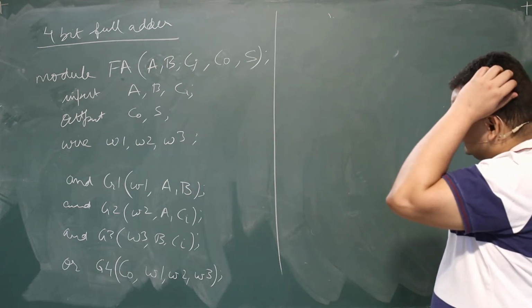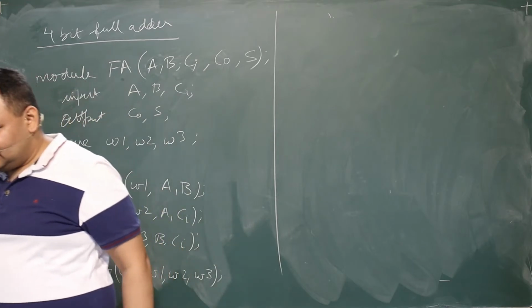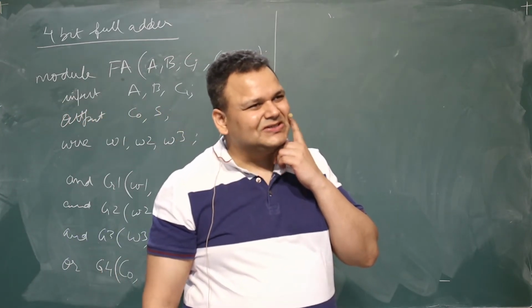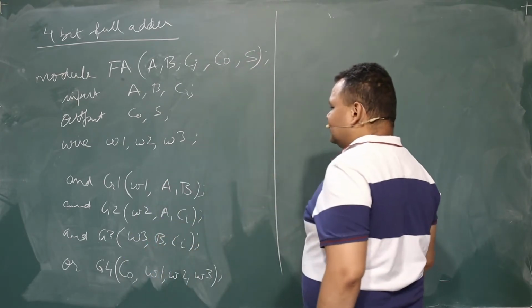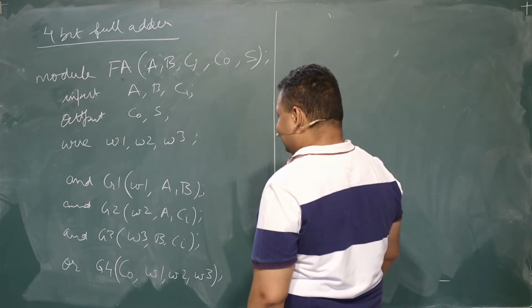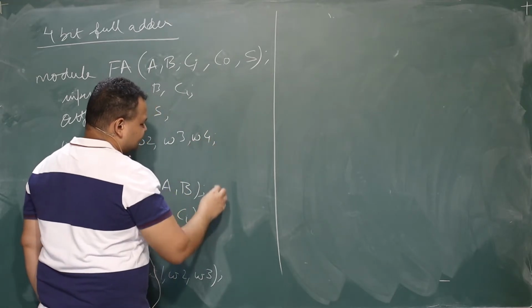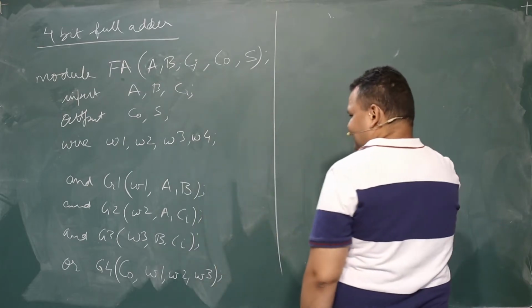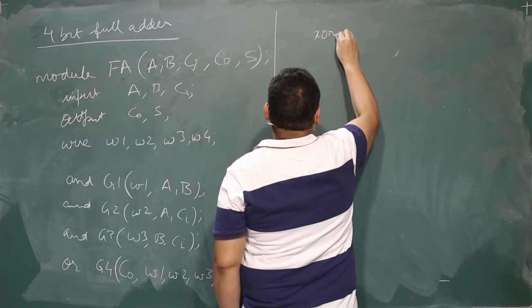Now what about S? S की value क्या होती है? A XOR B XOR C. और इसके अलावा हमने कुछ सिंप्लीफाई भी किया था इसको, कुछ कोई ऑप्शन था? नहीं था. ओके. So A XOR B XOR C, so let us define another wire W4. 3 इनपुट XOR गेट होता है क्या? मुझे नहीं पता यार, देख लेना. Let us say it is not available. Let us say we have only 2 input XOR.